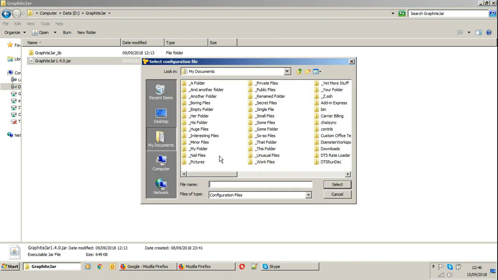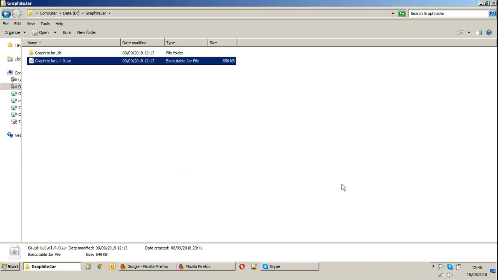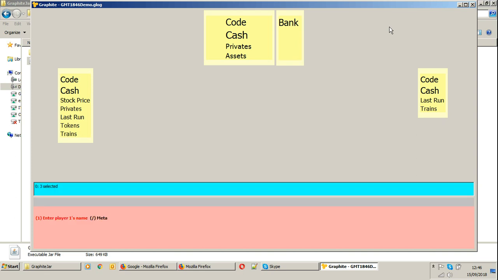Next, we have to specify which configuration file we're using. This is how the application knows what game we're playing. We just happen to have the 1846 configuration here. This is what you might call the classic GUI. We are playing with 3 players, so we can enter 3, press return, then we're invited to enter the first